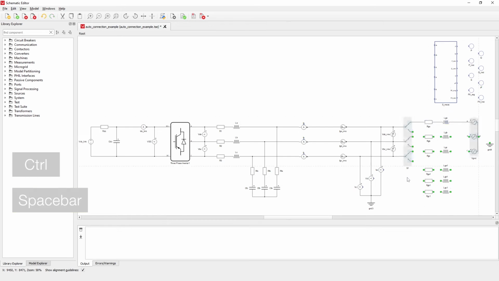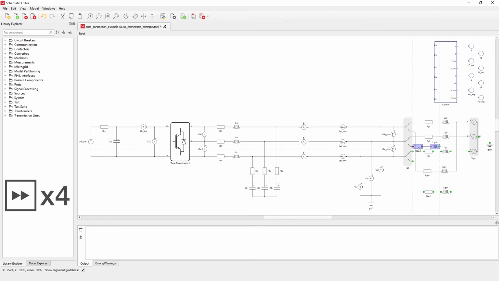Auto connection allows for connecting terminals by proximity, which can be especially useful when we want to skip some component terminals. Trigger this by holding Ctrl and dragging components. When terminals are within range and ready for connection, they will turn red. Pressing spacebar at this point will confirm the connections. Using this feature in combination with connecting terminals to existing junctions will allow us to create this connection.